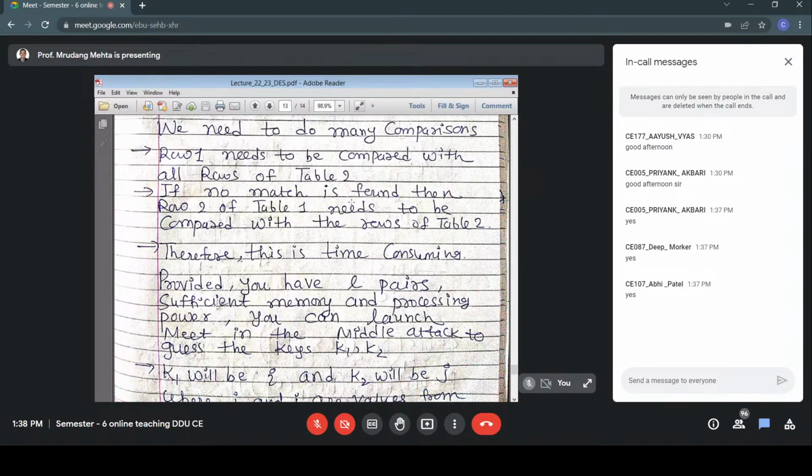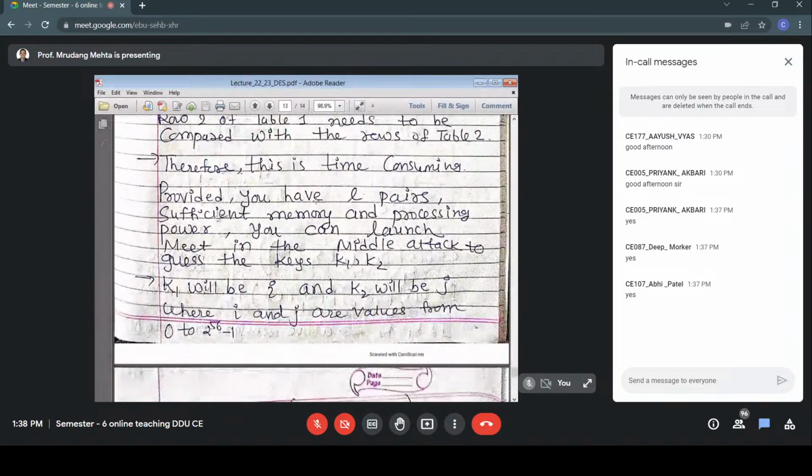Row 1 needs to be compared with all rows of table 2. If no match is found, then row 2 of table 1 needs to be compared with rows of table 2. And therefore, this is time consuming. So if the match is in the first or second rows, then it is fine. But as we have to generalize, suppose it comes after 2 raised to 50 comparisons,